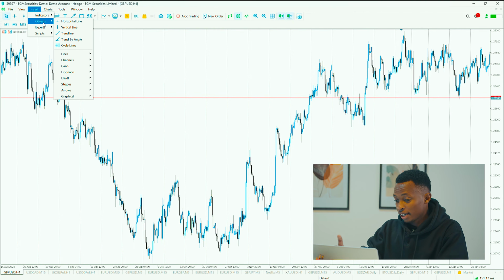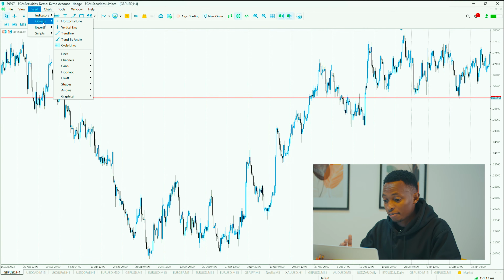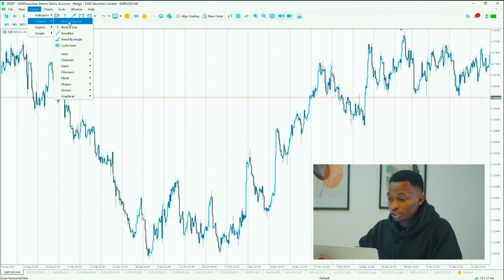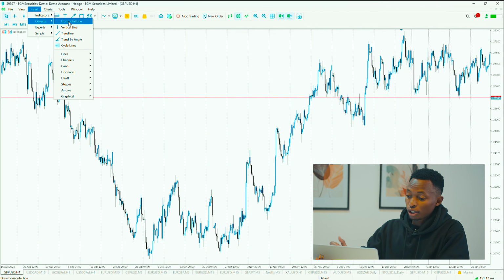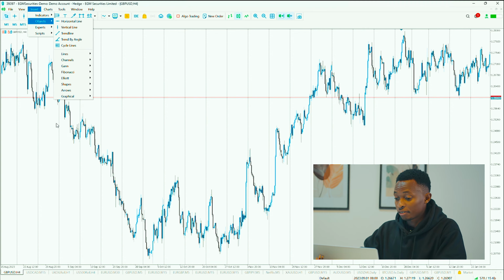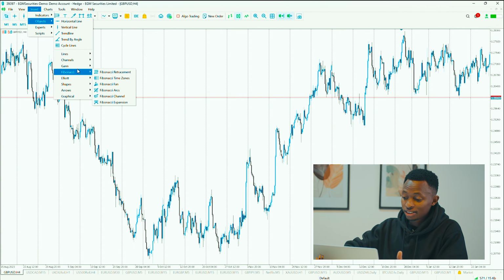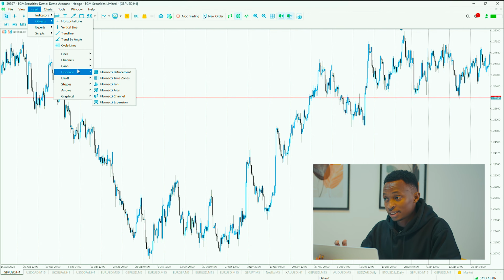On your mobile version, beside the F button, there's the Objects icon, and that's where you click it, and that gives you access to the objects. So you have your horizontal line, your vertical line, your diagonal line, and other tools like an arrow. And if you click on Add Objects, there's a detailed expansion of various lines. So in general, there are lines that you can use. There are channels, Fibonacci, shapes,